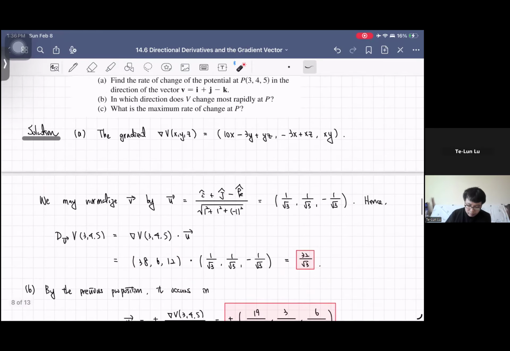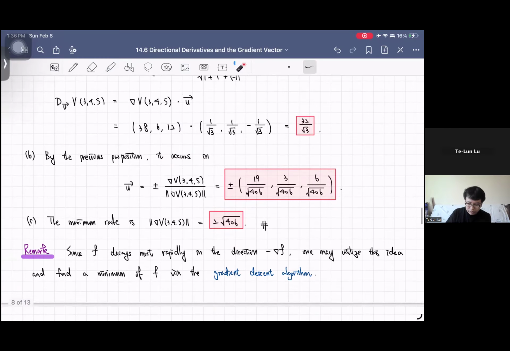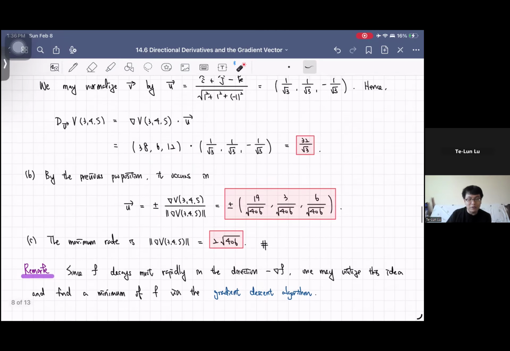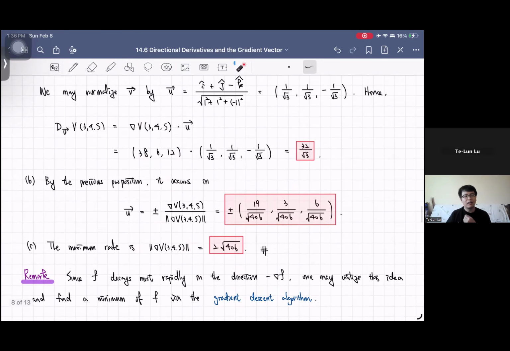And they ask the maximum rate of change, and we know that it is simply the magnitude of the gradient vector, which in this case is 2 root 406. And the minimum is obviously minus 2 root 406. This is actually a really simple observation, but it's a very useful observation in the sense that we have